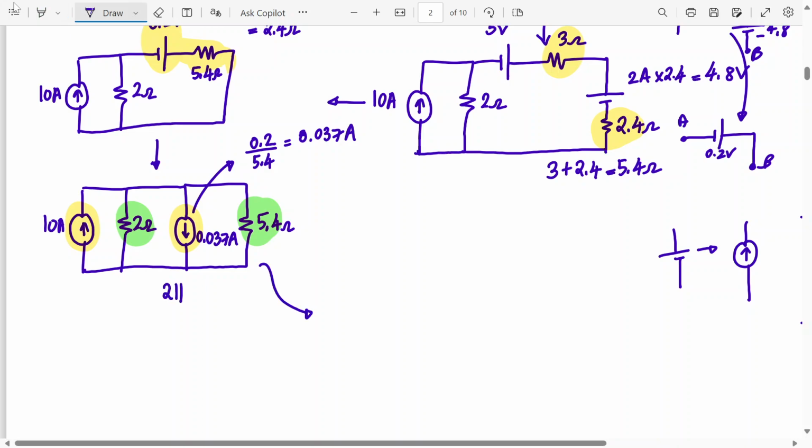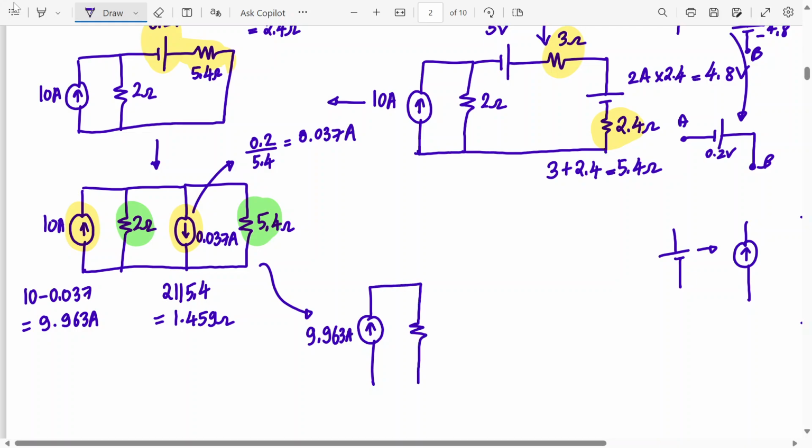So 2 parallel to 5.4. Tell me how much it is. This will become 10 minus 0.037 amperes, so this will be 9.963 amperes. Can you tell me 2 parallel to 5.4, how much is the value? 1.459 ohms. So finally we will have one current source whose value is 9.963 amperes, and in parallel we'll